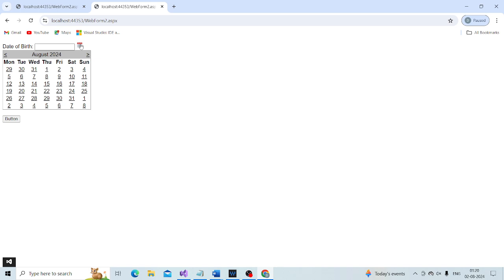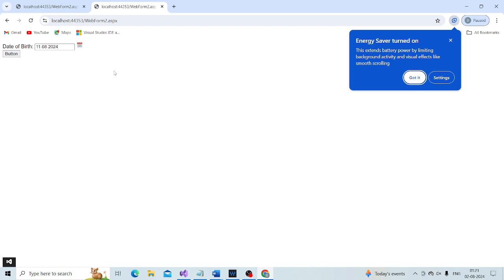So when I click on the image button and then select date 11 from the calendar, nothing happens when the calendar visibility change event is raised.